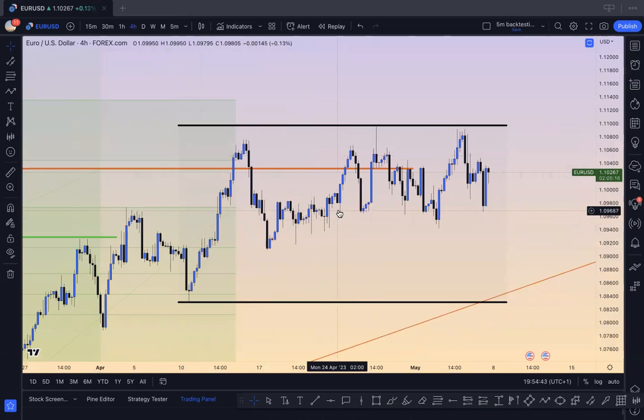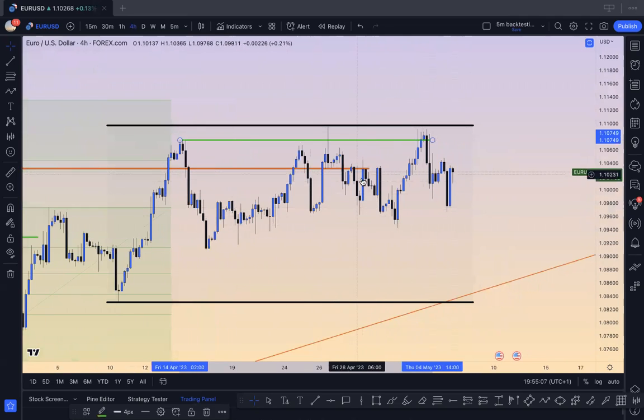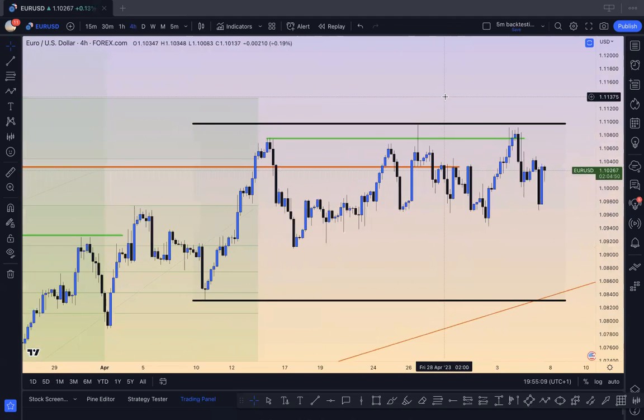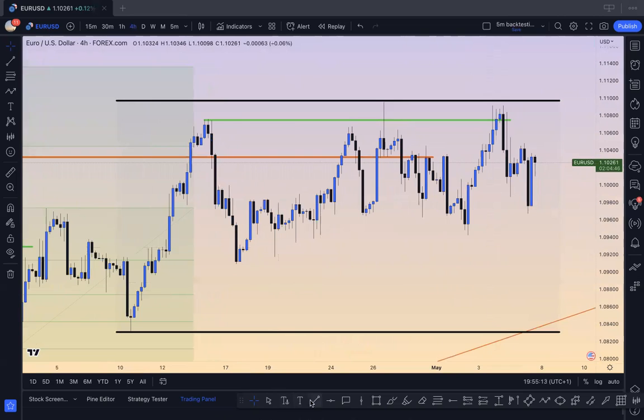And it didn't break structure even here. Even here, that was wicked. We could consider this one as a break of structure, but it didn't even go past this wick. So I would keep it as consolidation. Anyway, the analysis inside of this chart would be that we have